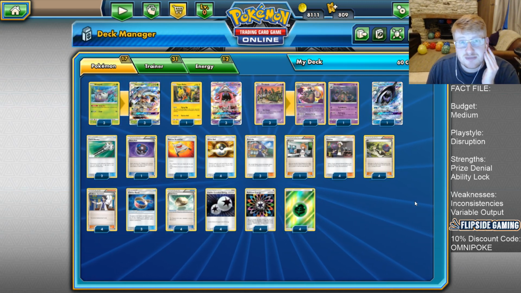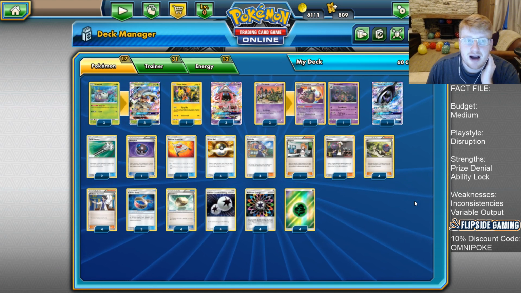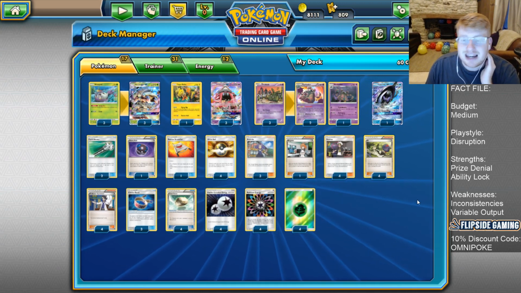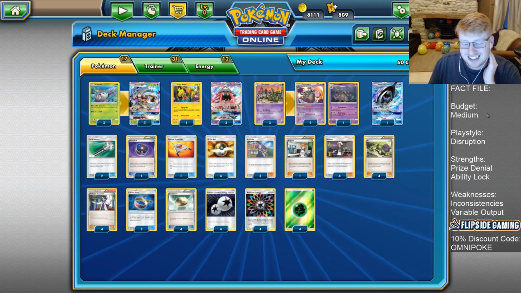Most recently it's sort of been overshadowed by Drampa Garbodor, but I still believe this to be a powerful archetype in the metagame, and it has answers to a lot of decks in the format, so it is very appealing. And if you look at this list now, you can think for London that there will be